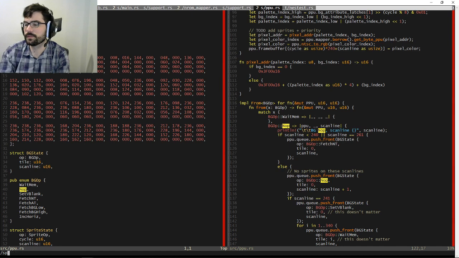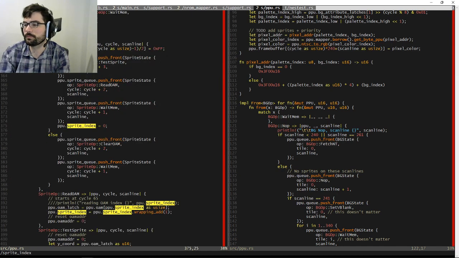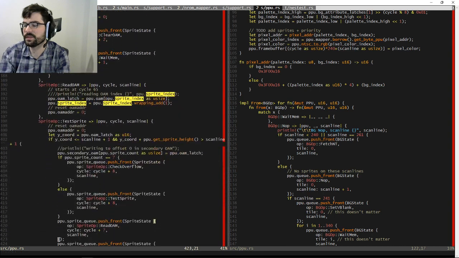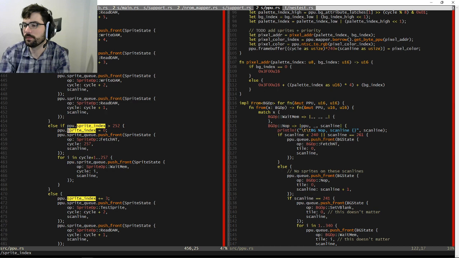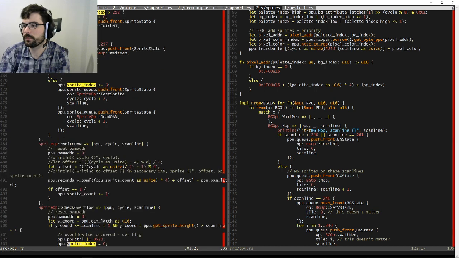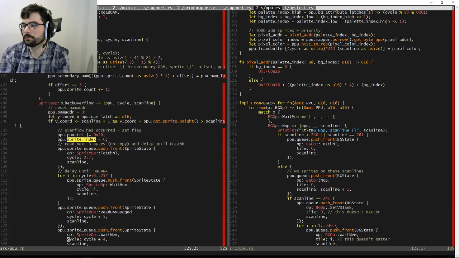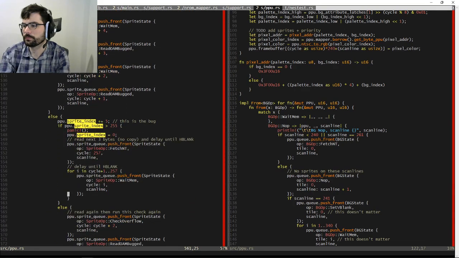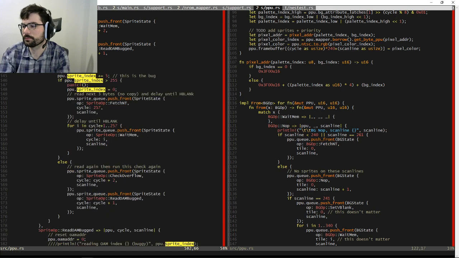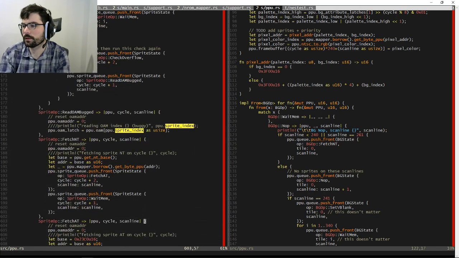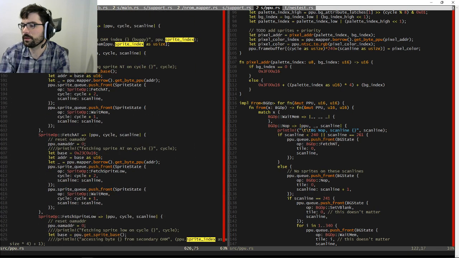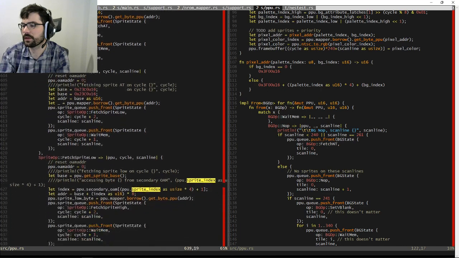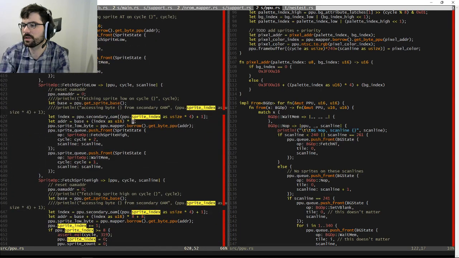Sprite index. So sprite index is used for the reading of sprites, which is fine. But I think it's also being used to write to secondary OAM, which is not what it's supposed to do.